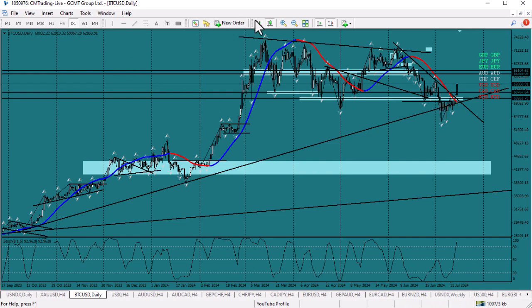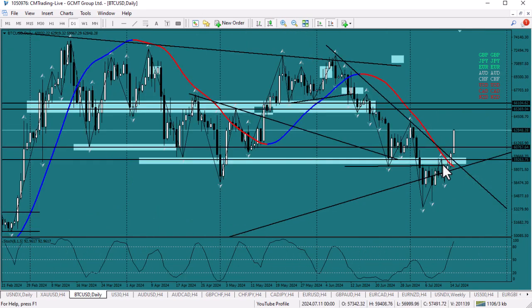Now all I'm going to do is wait patiently, just a few days, for this STL line to turn blue. Once this turns blue, I'll start seriously looking for longs. But I think the big threat of the big sell-off is gone. I think the bottom is sort of in. Not that I'm saying I will buy, but I think we are in. We're going to see retracements and then we can start to buy again.